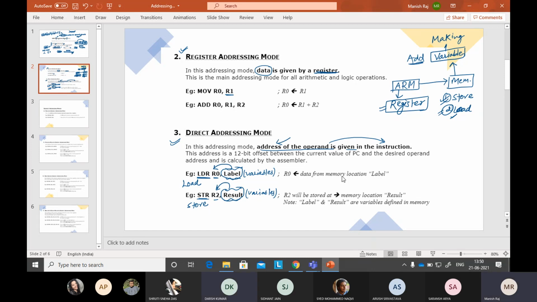Yes, sir, it's clear. Okay, so first, it is written here: data from the memory location. So please understand, I am saying that the address is going to this. You can understand one more thing, that the label has some address and the data. So you are giving the data to R0, meaning the address will fetch the data and you can load the data to R0. Here you will store the data into R0. Remember this: you are making some variables, and you are taking some data from the variables. This will happen in the direct addressing mode.